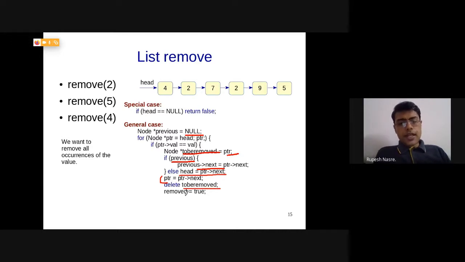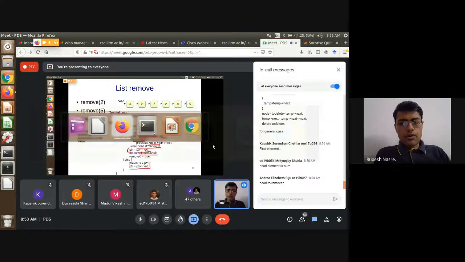Right? In contrast, if PTR arrow val is not equal to val, that is the else part of this, then essentially I need to update the previous and move the PTR equal to PTR arrow next. So this PTR equal to PTR arrow next, I could not write here because that doesn't get executed as the last statement of the if part. This statement PTR equal to PTR arrow next happens somewhere in between, and therefore I had to not write it inside the for loop's upper part. Any questions on this part? Any case I have missed? Anything which is wrong?